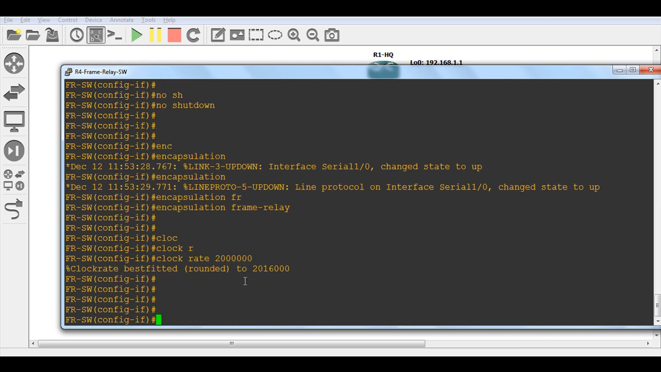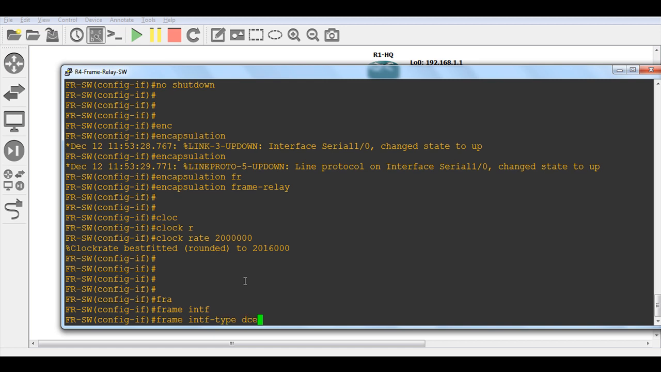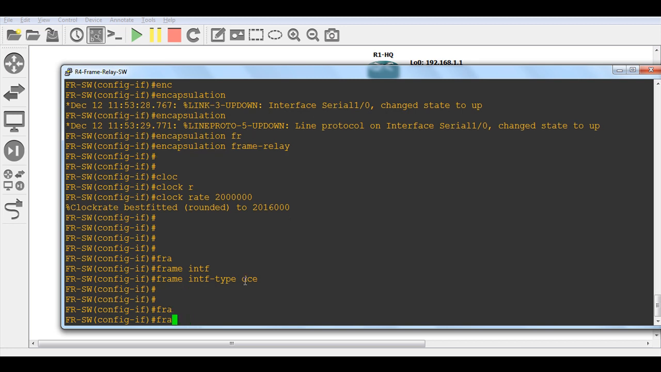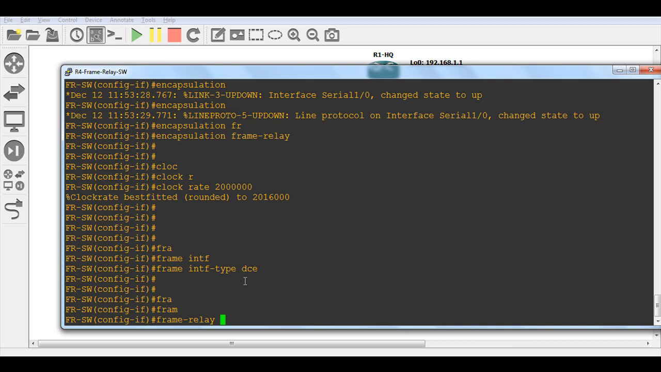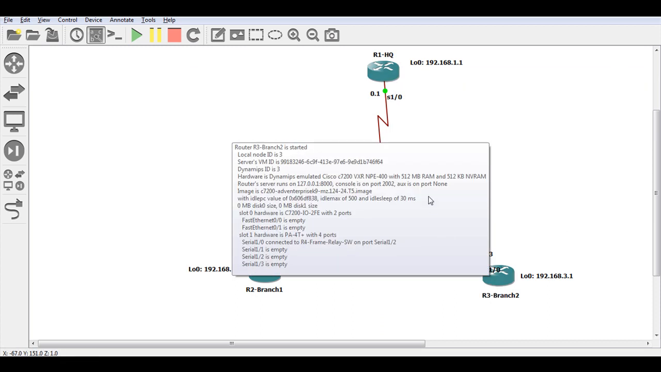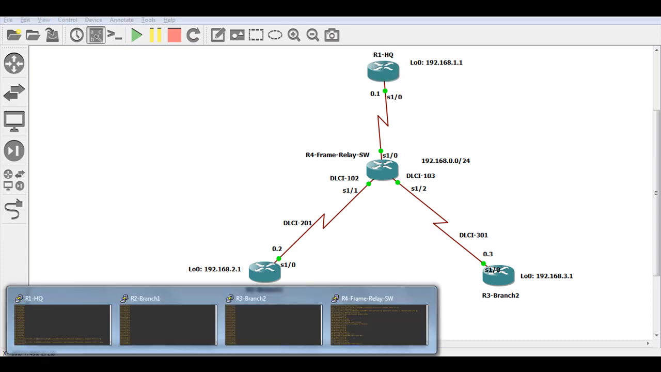And finally I will issue the command frame-relay intf-type to be DCE, and then I will use the command frame-relay route, and then the DLCI that is configured between router 1 and router 3. So from the side of router 1, which is the 103 DLCI or PVC,